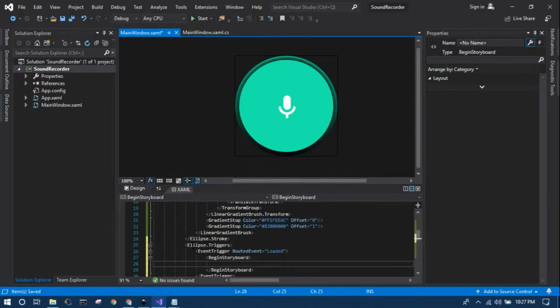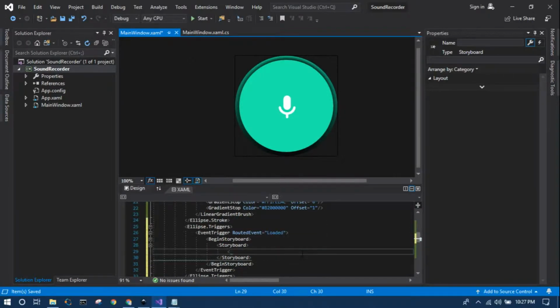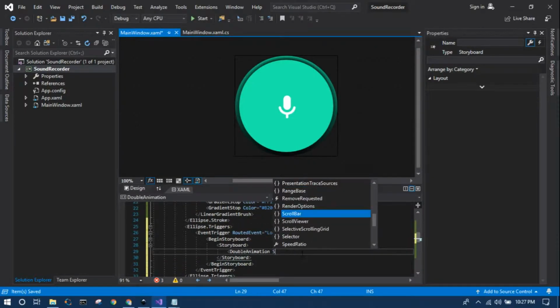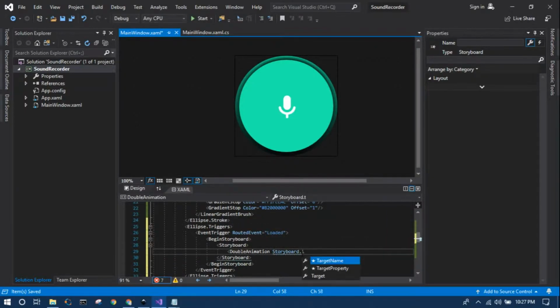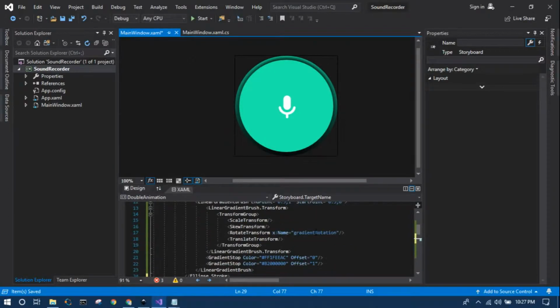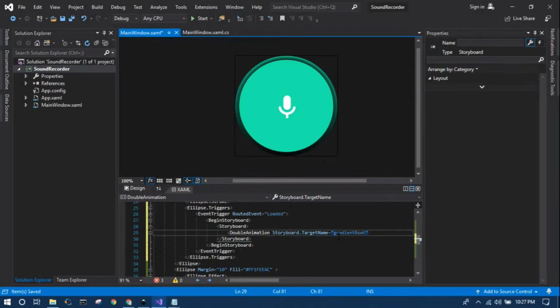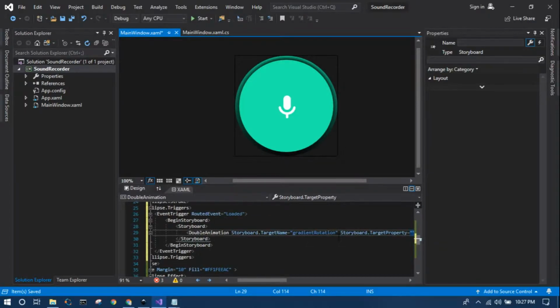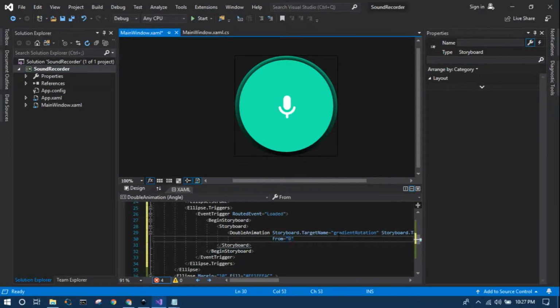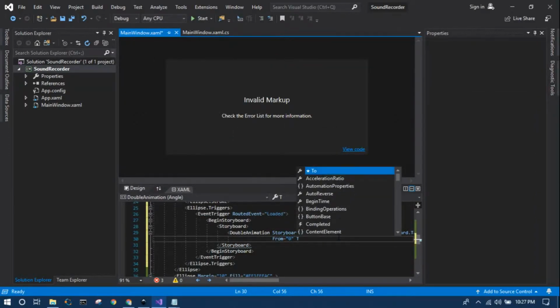So we are beginning the storyboard, and inside you create a Storyboard, and create a DoubleAnimation, and you have a Storyboard.TargetName as gradient, what we named gradient rotation, and the Storyboard.TargetProperty is Angle, and From 0 to